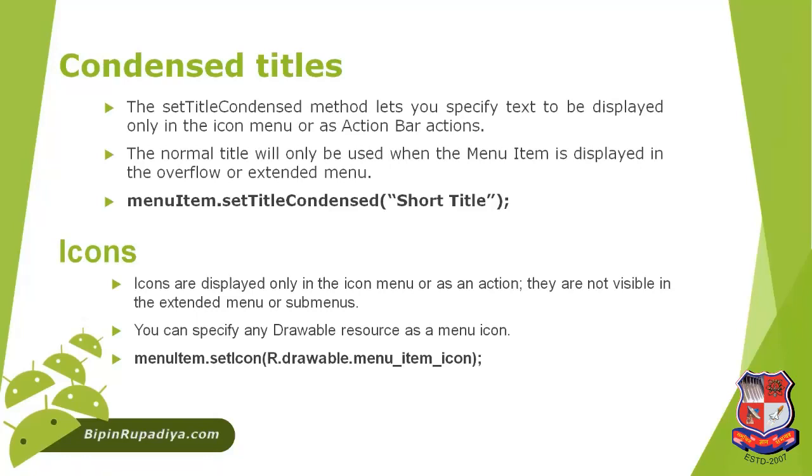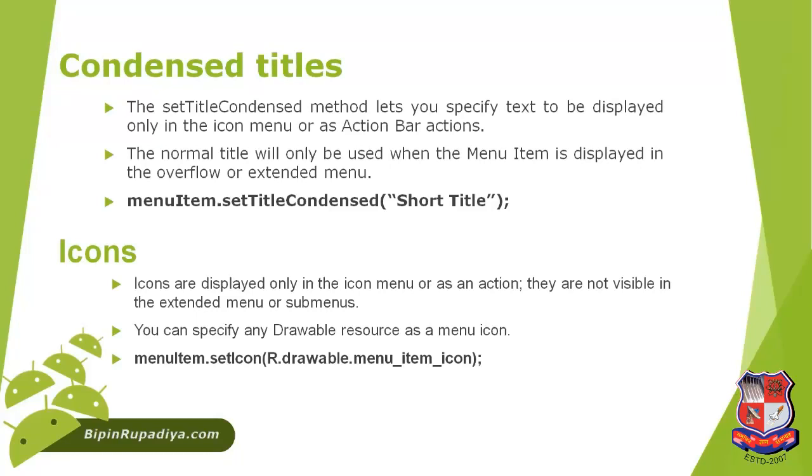That's why nowadays so many smileys are added in typing systems, as a part of the communication language. So how can you set an icon on any menu item? Again we have a method, menuItem.setIcon, where you need to specify the icon available in your resources. So you can specify R.drawable.menu_item_icon.